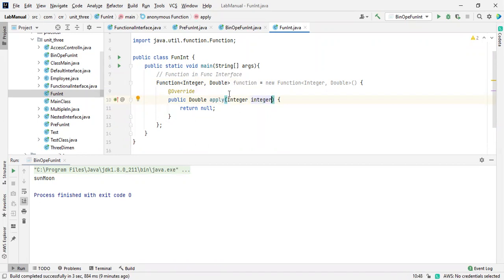Check one thing: we are passing an argument as an Integer, and here we are returning a Double. Over there we take two string values and return the same type. Again, the difference between this one and a binary operator is that the binary operator has two arguments of the same type and returns the same type, but here the first is considered the argument, and we return another type. This is the usage of the Function interface inside a functional interface.